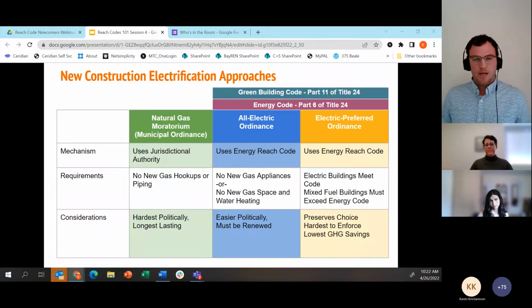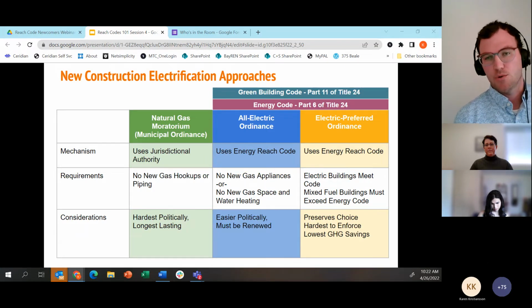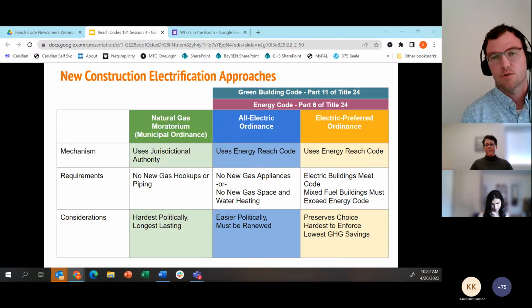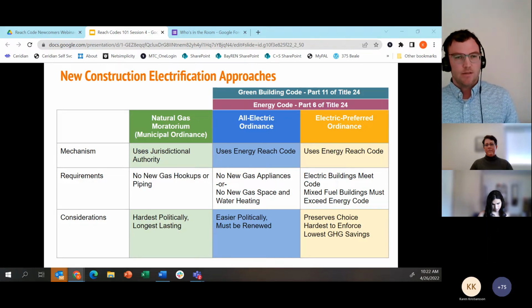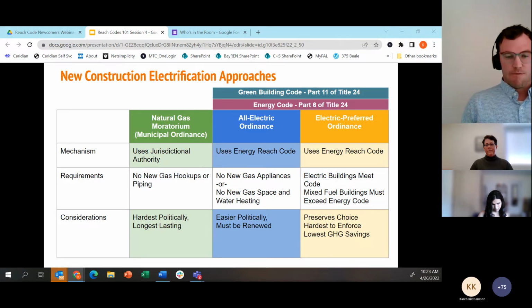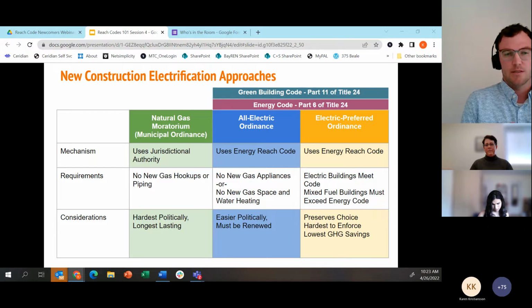So another table for us. What I want to walk through here are the various new construction electrification approaches that local governments have taken over the last several years. And there's a couple different ways you could categorize this information, but what we're offering here is the overall three basic approaches that local governments have taken.